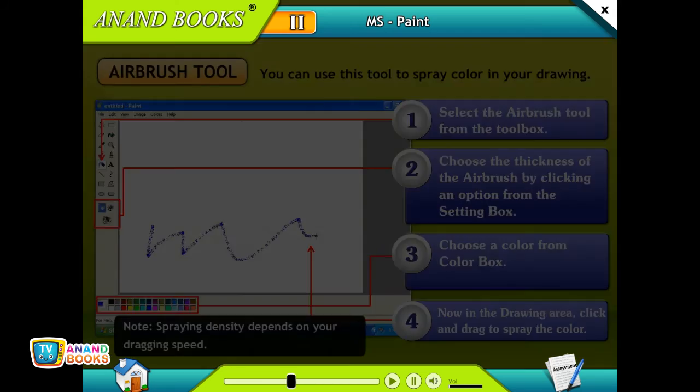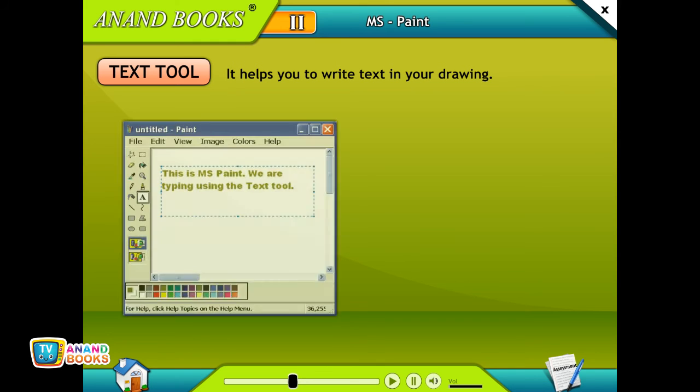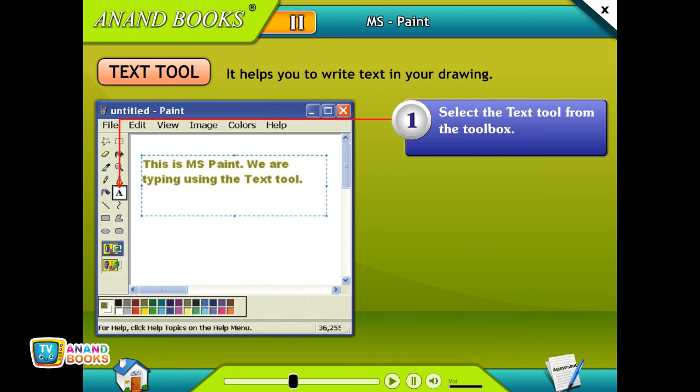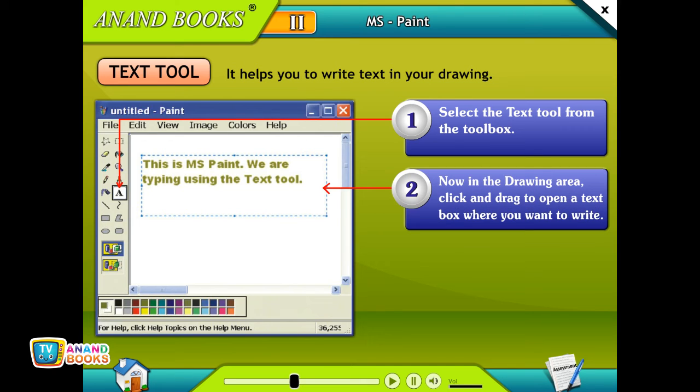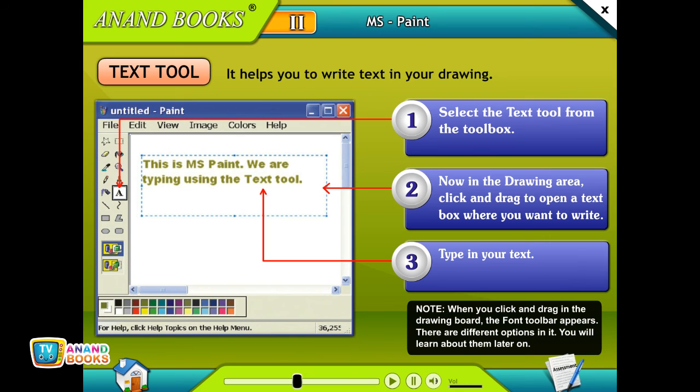Text tool. It helps you to write text in your drawing. 1. Select the text tool from the toolbox. 2. Now in the drawing area, click and drag to open a text box where you want to write. 3. Type in your text. Note: when you click and drag in the drawing board,